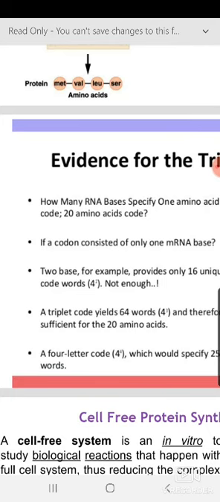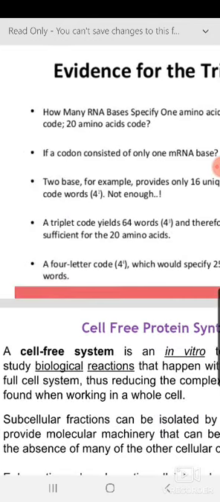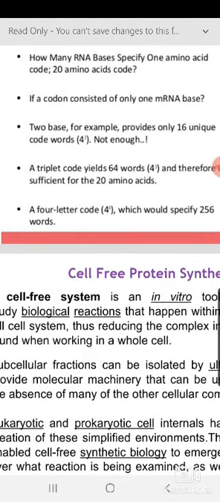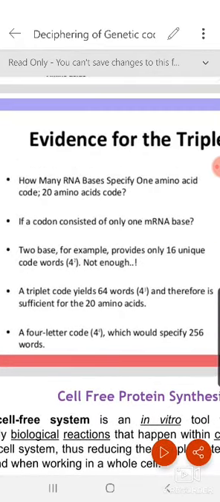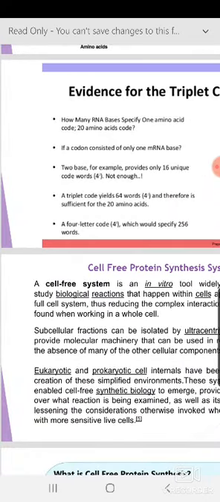Now take a triple code. If you take 3 nucleotides at a time, that means 4 to the power 3, and therefore we can get 64 such combinations. Our amino acids are 20. If we take 2, that is 16, take 3, it is 64. But if we take 4 to the power 4, that would give 256. Always remember, nature never wastes any energy or resource, so that may not be possible. So it is definitely 64, and that is the first hint that the genetic code is a triplet one.